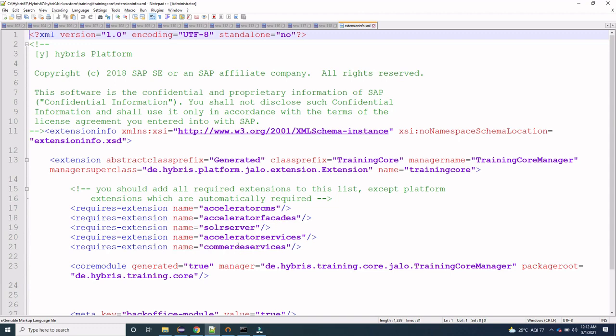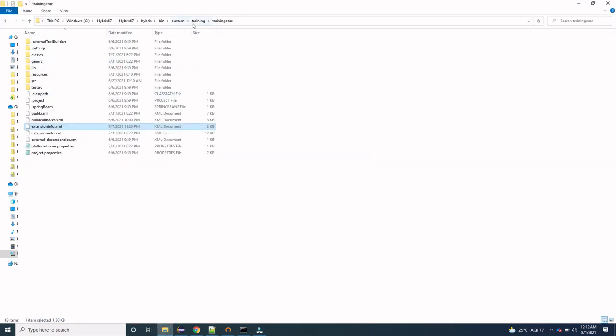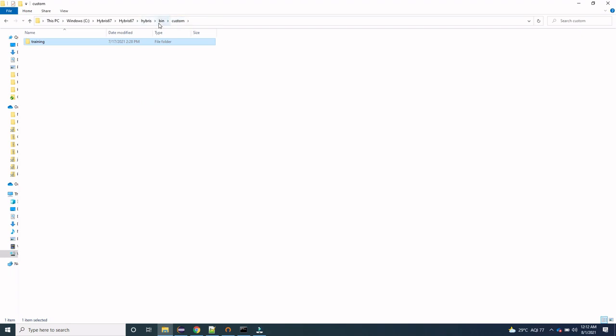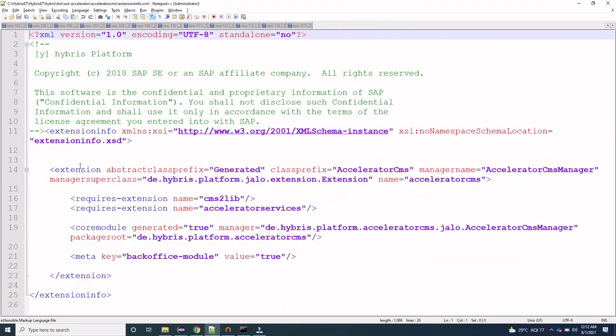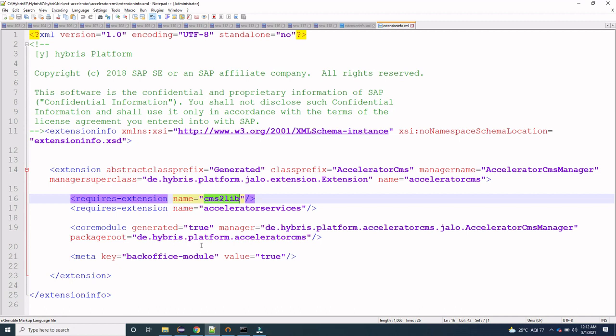We are not defining it here because if you go inside this accelerator CMS extension, inside bin, ext, accelerator CMS, and check this extensioninfo.xml, then here we can see that we have the required extension as CMS2 lib. Now we will have to check this CMS2 lib extension.